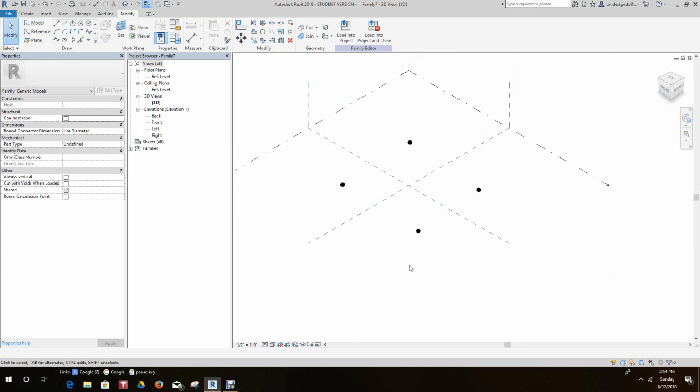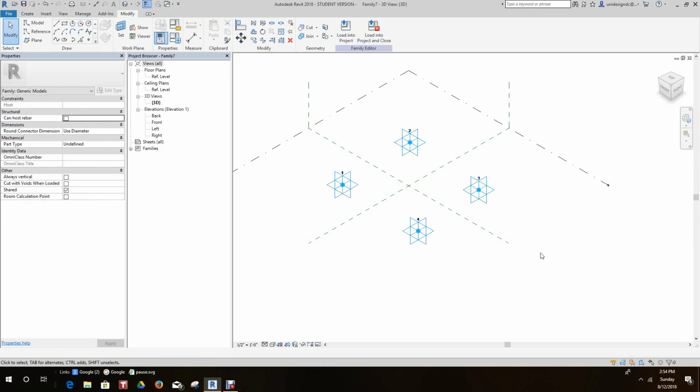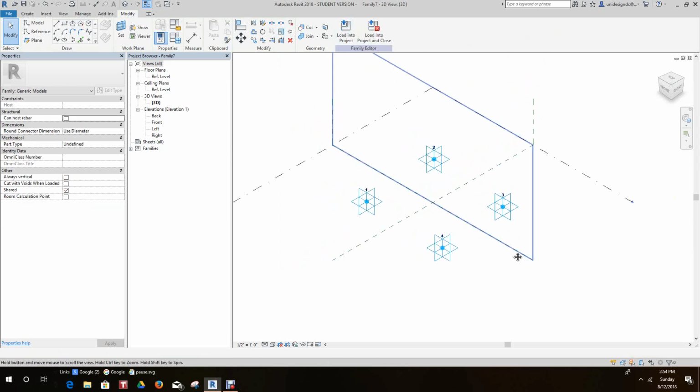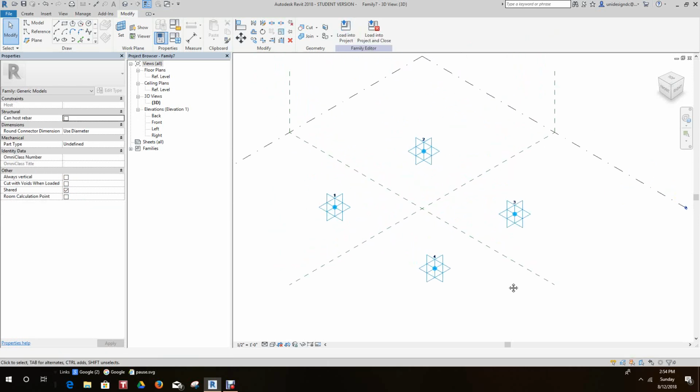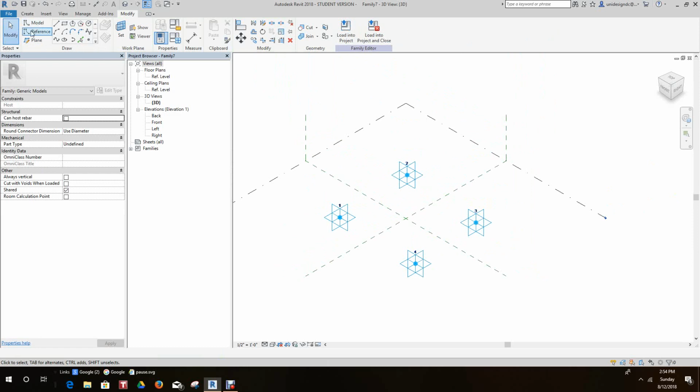The next thing we want to do now, since we have our 4 points set, is select all of the points and click where it says make adaptive. So we made these 4 points adaptive and then numbered as such. Good. Now, what we like to do next is draw a reference line,